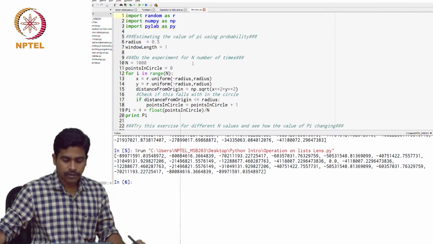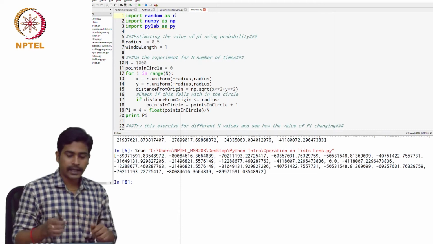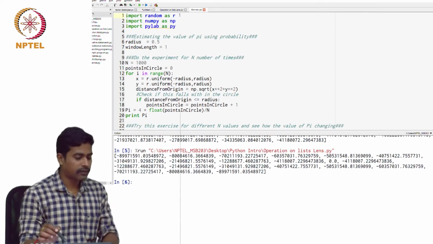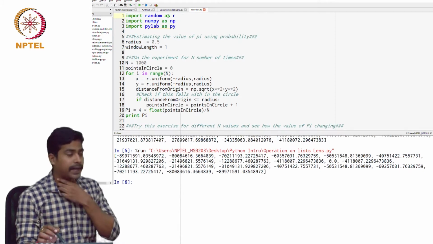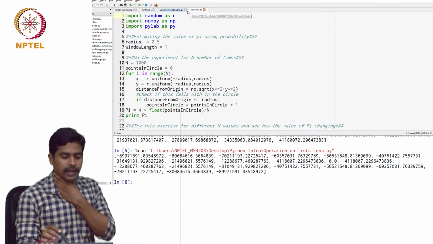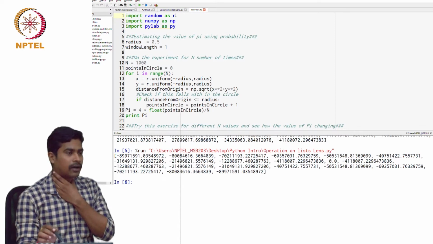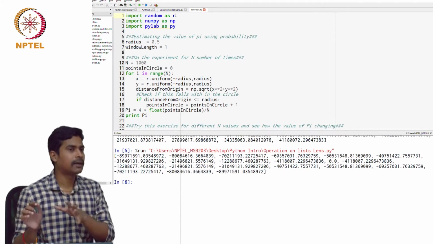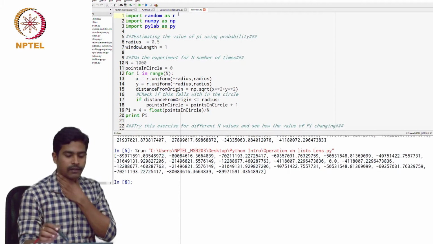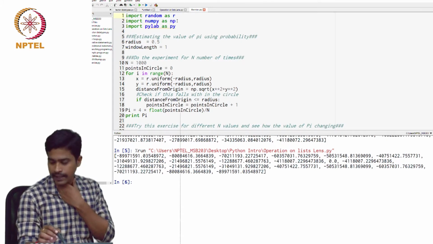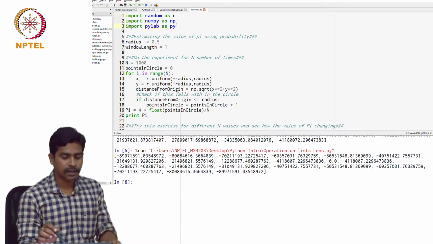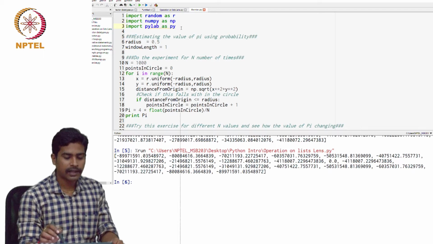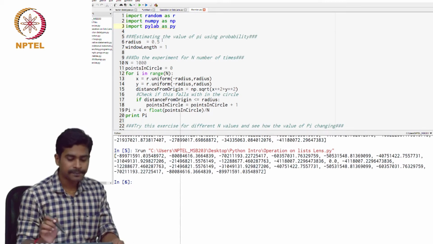Yeah, so this is the program, and here, if you see the first line of the program, we are importing a package in Python called random, and we are giving it a nickname R, because writing random.random is going to take a lot of effort. So from now onwards, we refer to the random package as R. And we are importing the NumPy package, which I haven't discussed, but I'll show you later. And finally, some other package, PyLab.